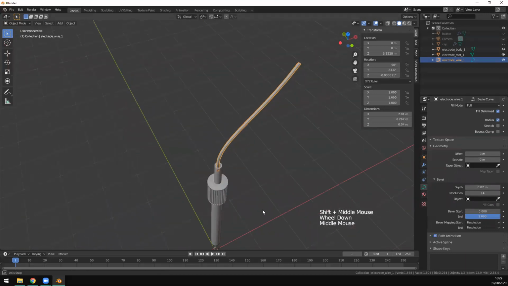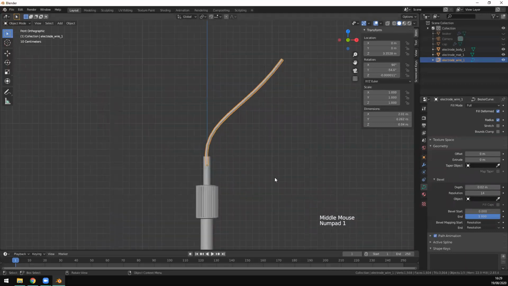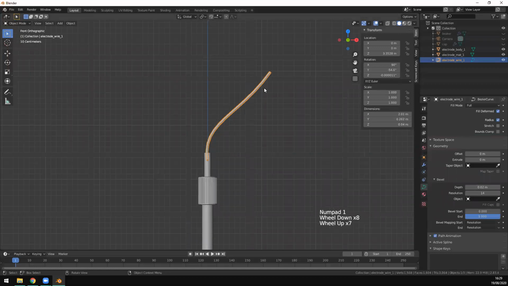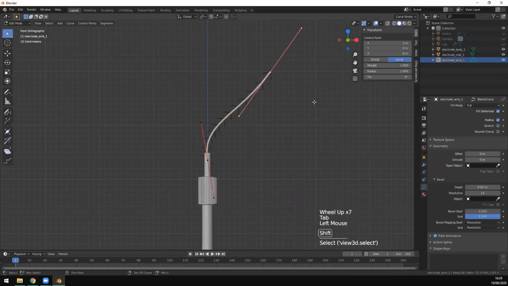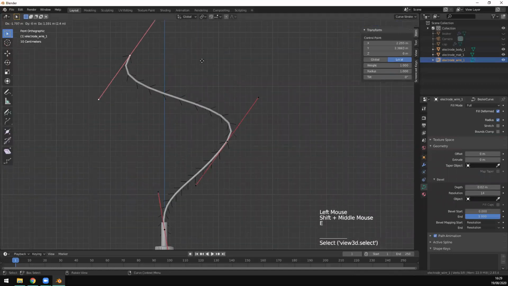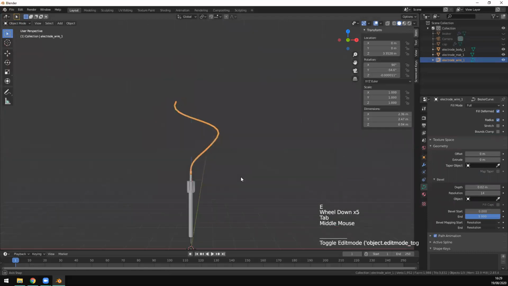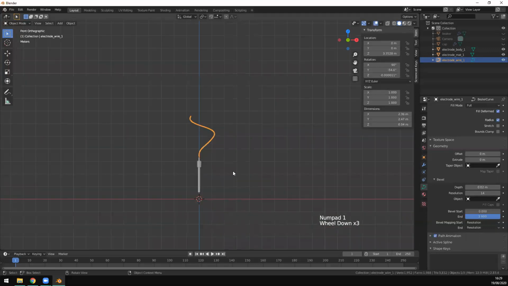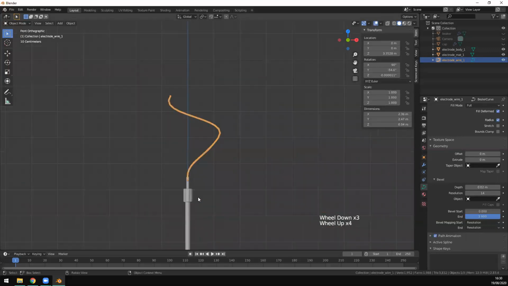So there we go. We have our electrode. We have a wire sticking out of it. If you want to edit this Bezier curve, we can just press E to extrude and push the wire in any direction we like. Let's call that good for now. And now let's